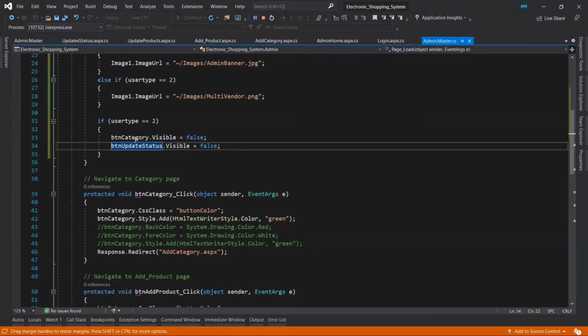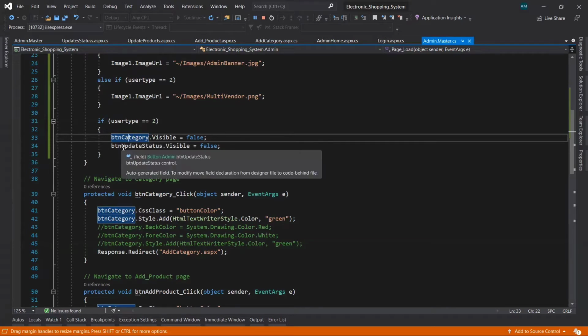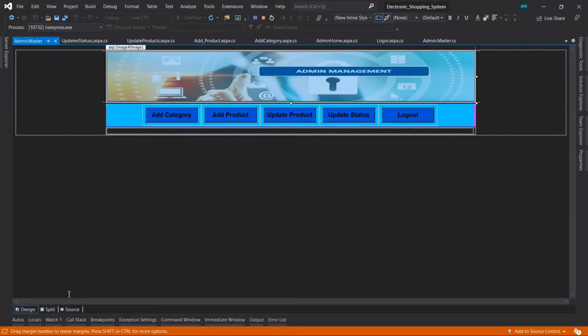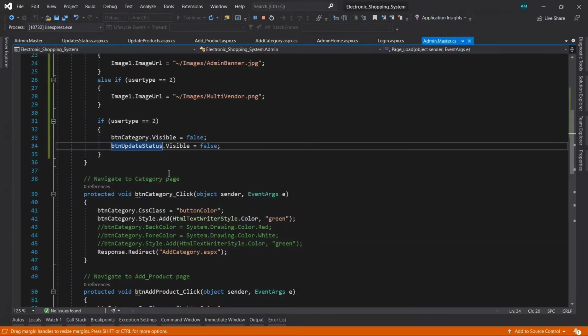So let's see where the IDs btn category and btn update status are from. Let's go to the admin master. In the design page, you can see here btn category, the ID for this button, and btn update status. These two button IDs I have used here in the CS page of the admin master. Why have I taken this?